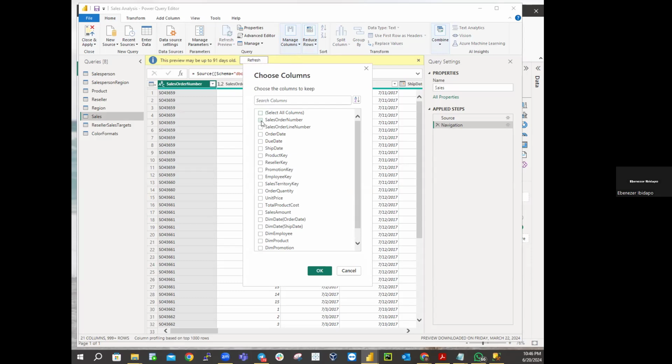So you have your sales order number. You have your order date. You have your product key. Okay, order date. After that date, I need product key. After product key, I need reseller key, employee key, sales territory key,